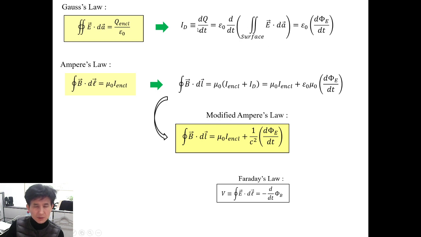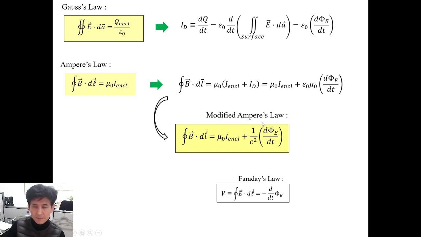So if we put the displacement current into this equation, we have mu zero I enclosed, that's the physical current passing through the surface, and the next term is the electric field flux passing through the same surface. So the modified Ampere's law becomes that the line integral of B is equal to mu zero times the physical current passing through the surface